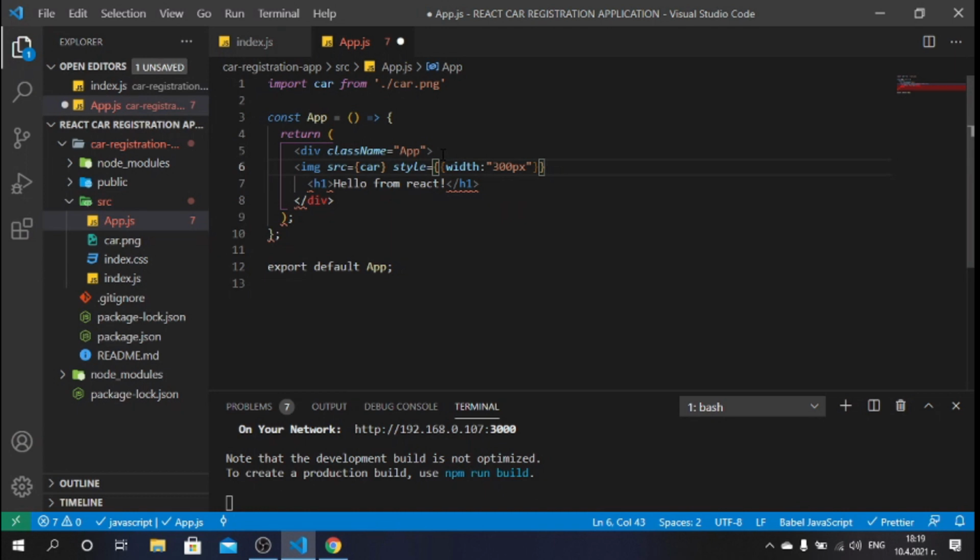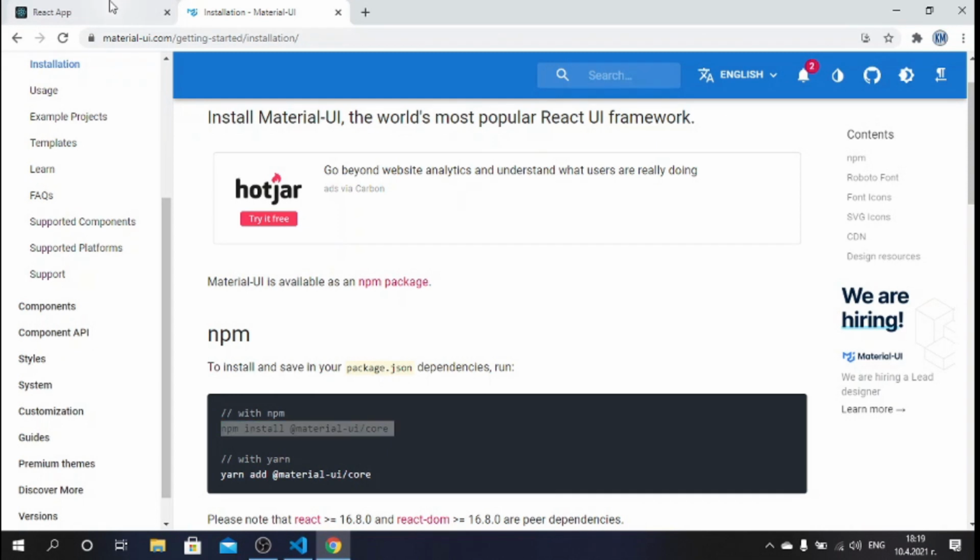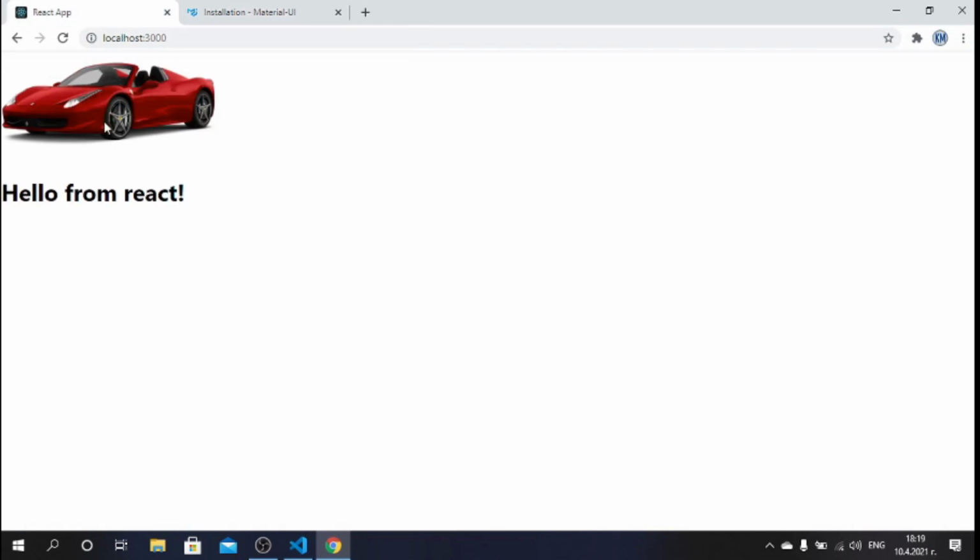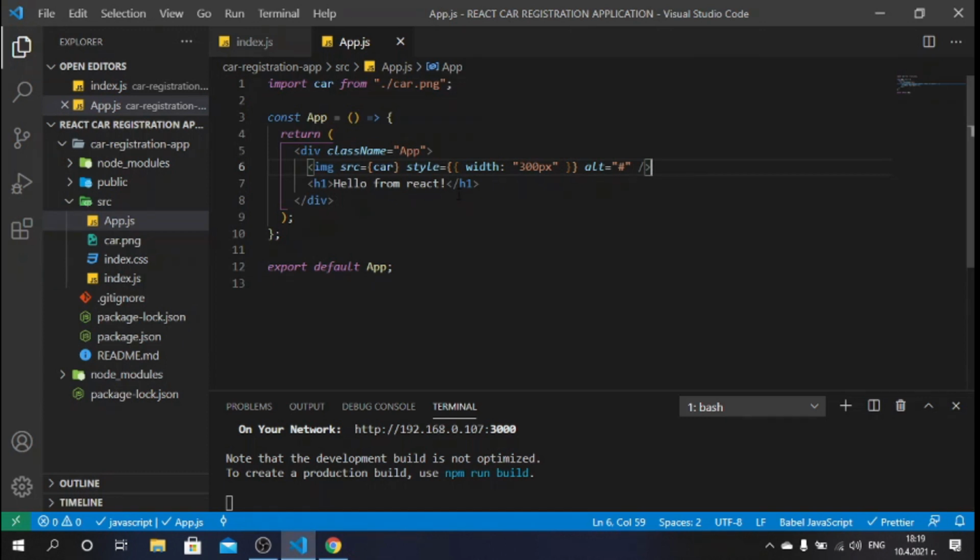And for the alt, I will say just a hash. And that will be a self-closing tag. I will save now and go back to our application, and we can see the car right here. Great, so let's go back, and here instead of rendering hello from React, I want to render